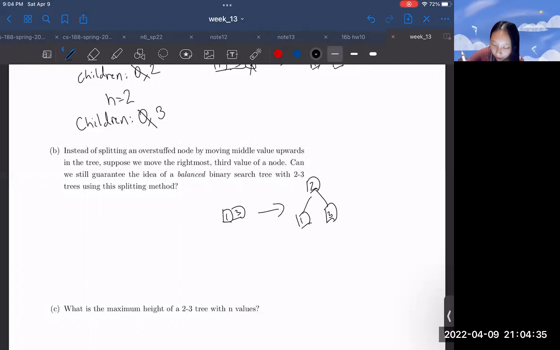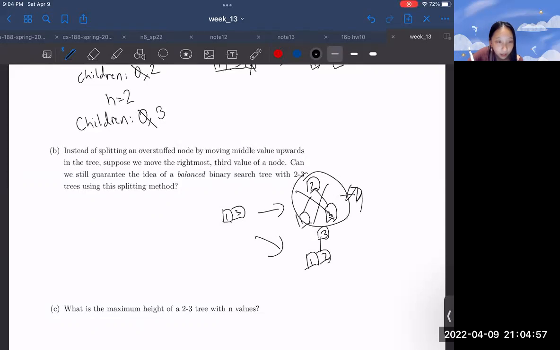But instead, it would actually become 1, 2, and then 3 up here. And this would not guarantee a balanced search tree because what the original method is doing,